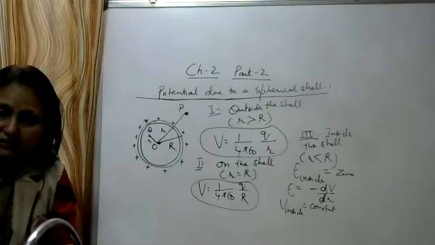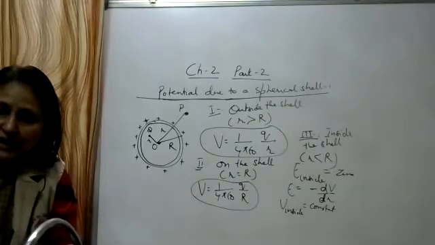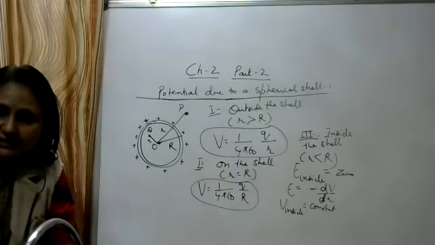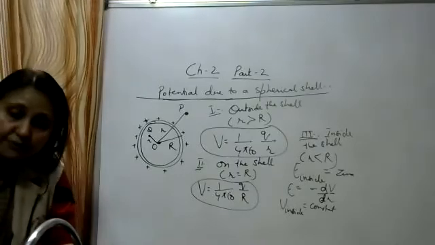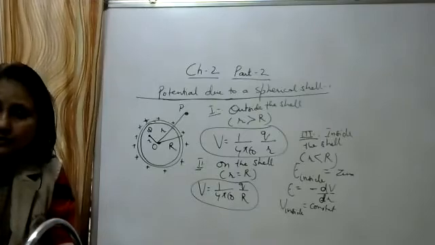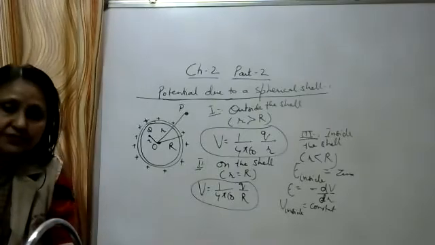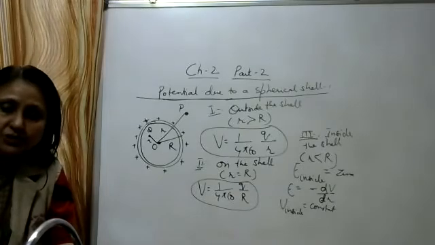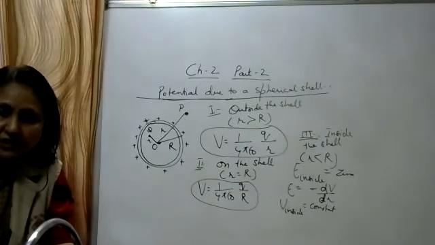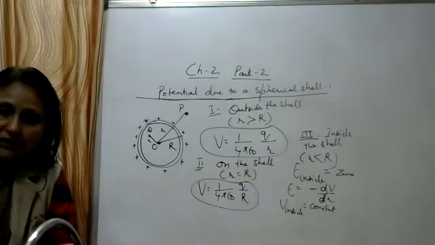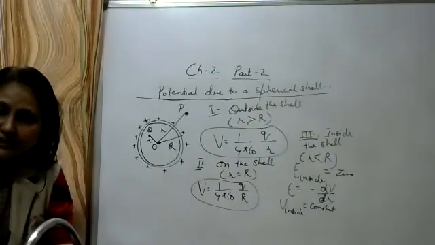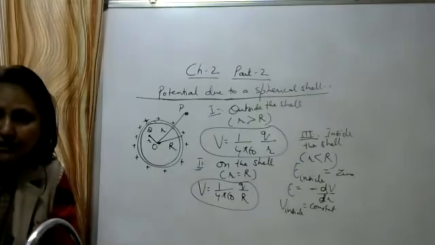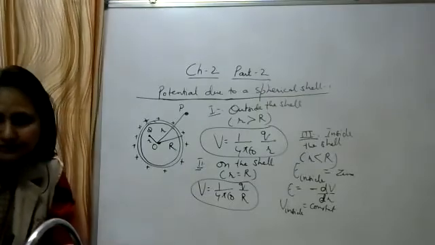As potential is the negative of the line integral of the electric field, the electric field is the negative of the potential gradient, that is, the change in potential with distance. So from here we got another unit of electric field. The first unit, which we studied in the previous chapter, is force per unit charge. Electric field is force per unit test charge, so its unit is newton per coulomb. Now here the electric field is the negative of the potential gradient, so its unit is also volt per meter. So two units of electric field: newton per coulomb or volt per meter.